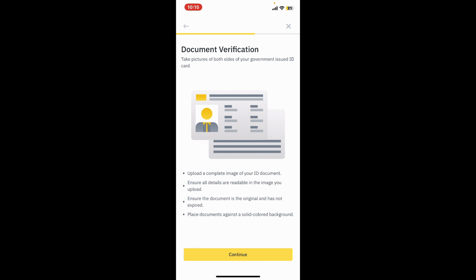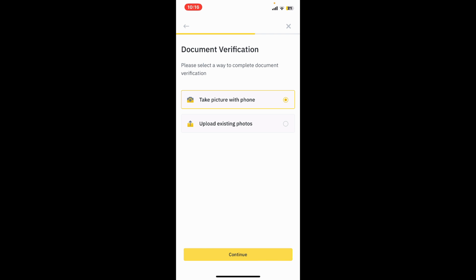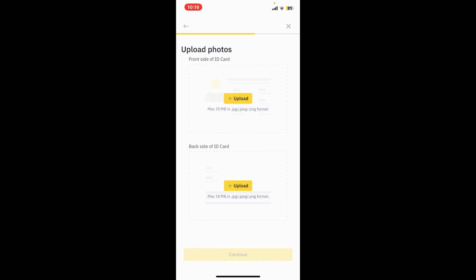Ensure all the details are readable in the image that you upload and the document is original and has not expired. Tap on Continue and take a picture of your document. Follow through the prompts. You can take a picture with your phone or upload your existing photo, and once you are done with the uploads, tap Continue and follow the prompts. If prompted, you will need to complete a liveness check through a video call. Follow through the instructions on the screen to record a short video of yourself and you will be able to